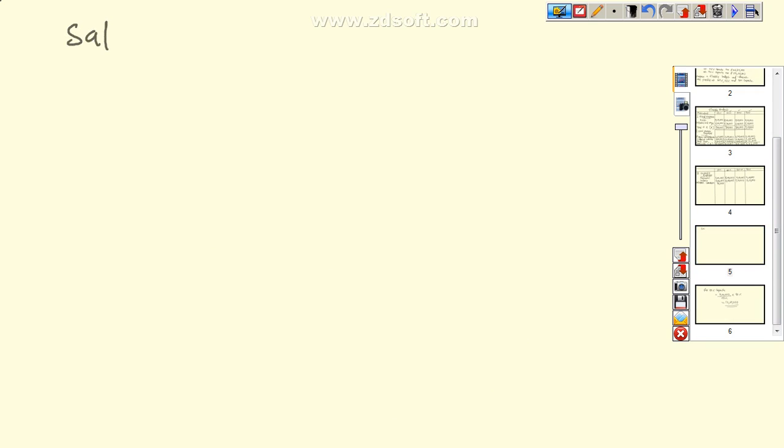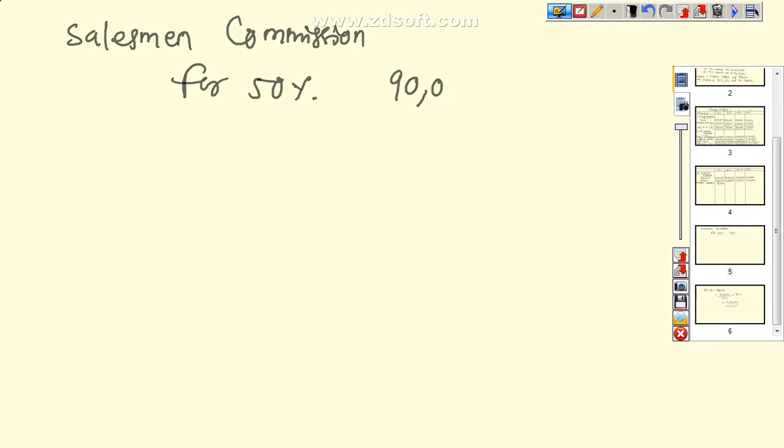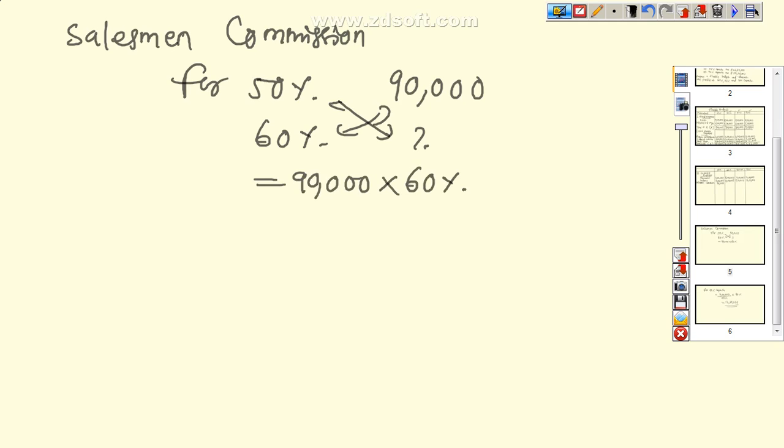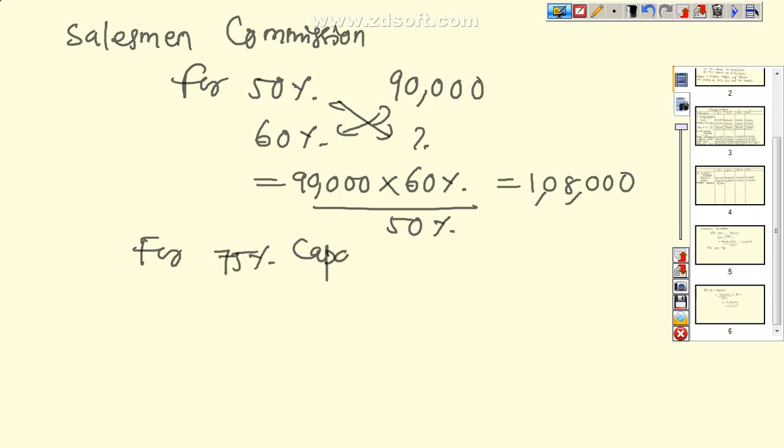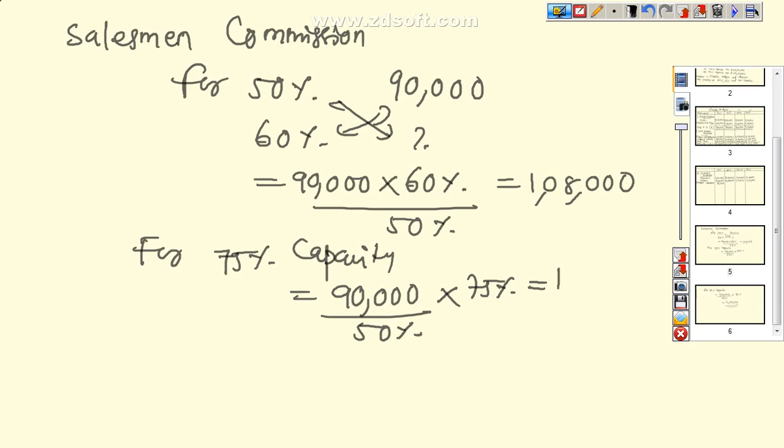So calculation of salesman commission. So salesman commission for 50% capacity we know that is 90,000. Now how to calculate for 60% capacity? So we can cross multiply or we can apply the formula, that is equal to 90,000 multiplied by 60% upon 50%, that is equal to 1,08,000, and for 75% capacity, that is equal to 90,000 upon 50% into 75%, that is equal to 1,35,000,